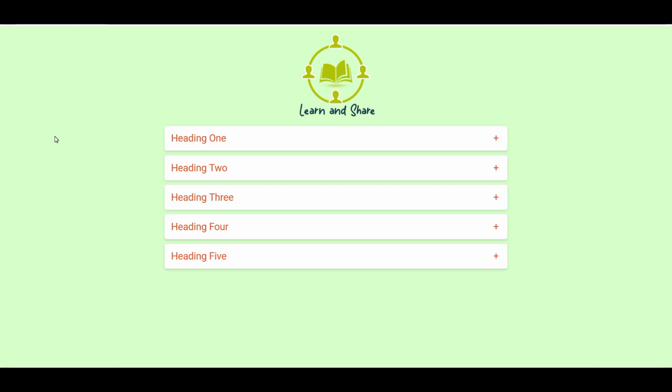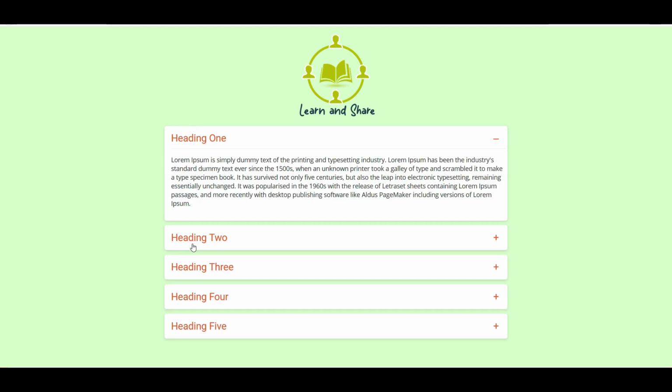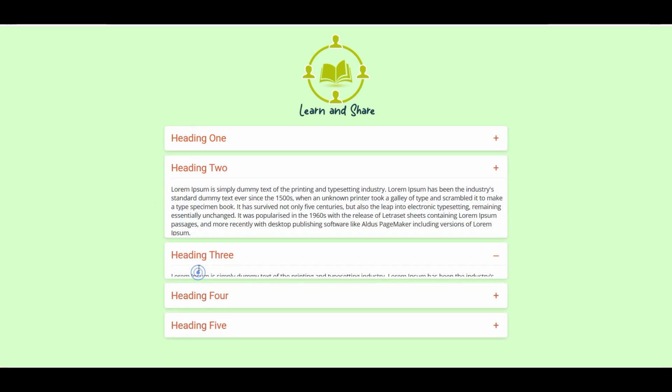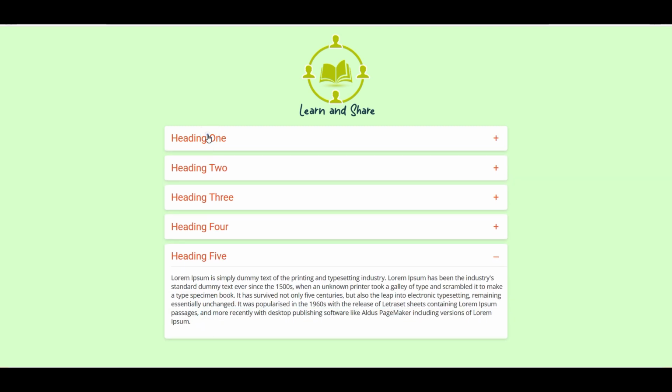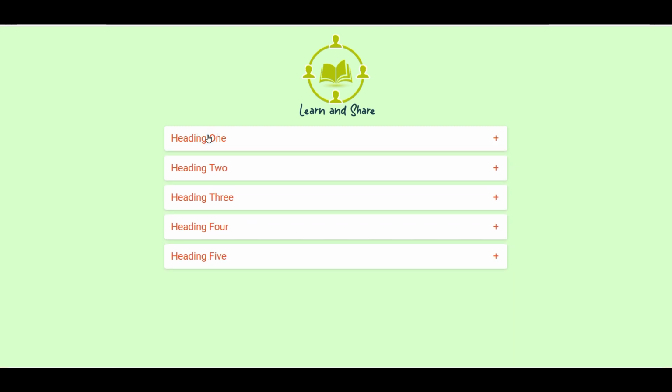Today we are going to learn how to create a jQuery accordion for a web page with a few lines of code. This is the final result of the tutorial we are going to code. So when the user clicks on any of the titles, it will open a menu this way. For this tutorial we are using jQuery. It's very simple and very easy.